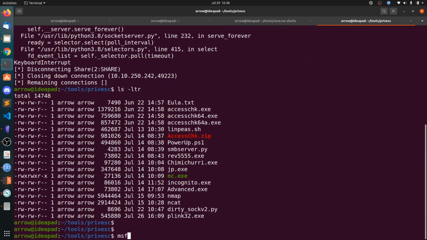So what you can do is msfconsole, msfvenom. I think you can also just, I don't want this meterpreter, Windows shell reverse TCP.